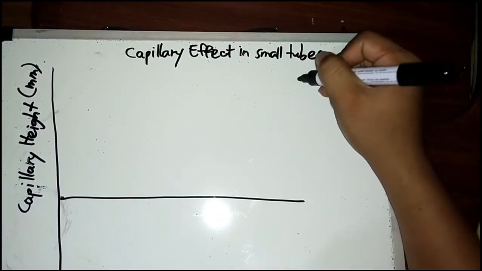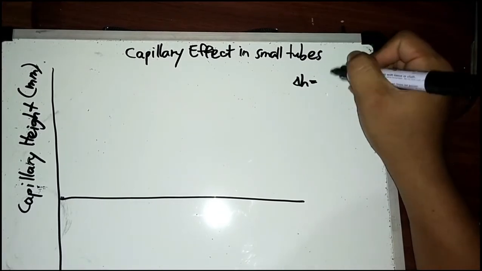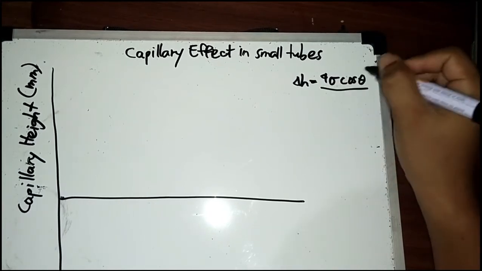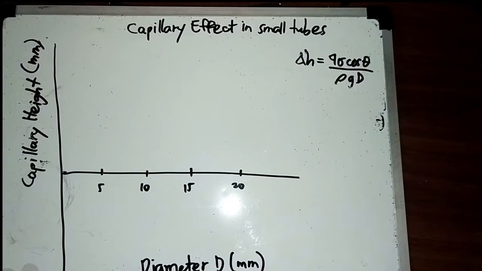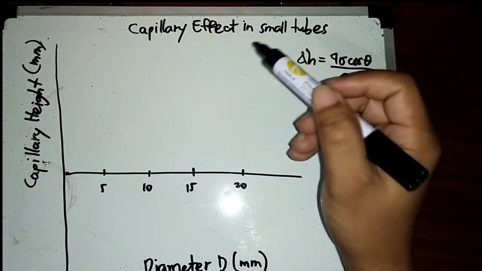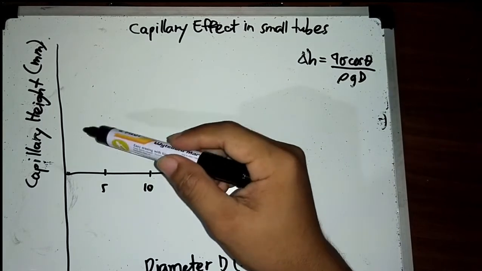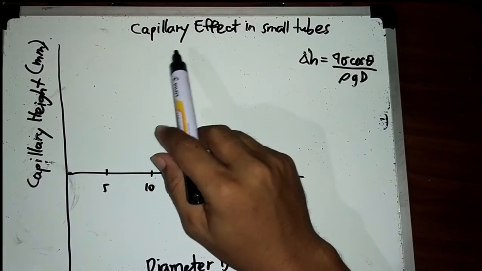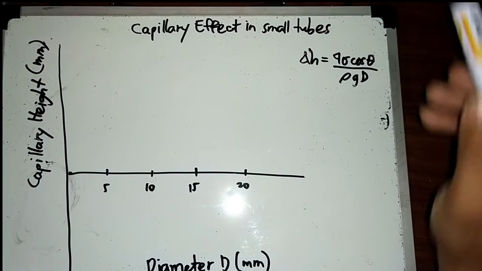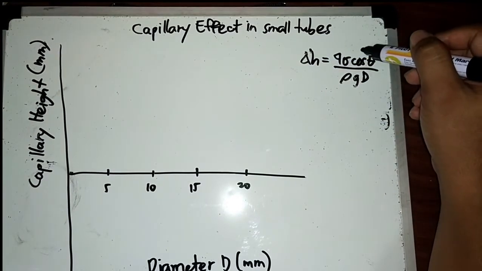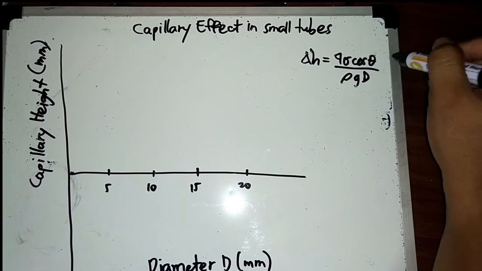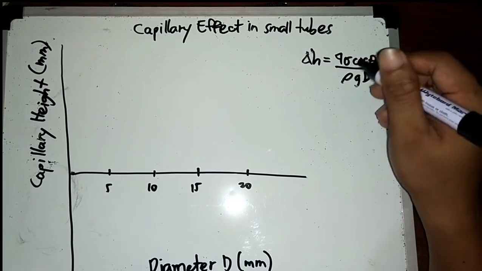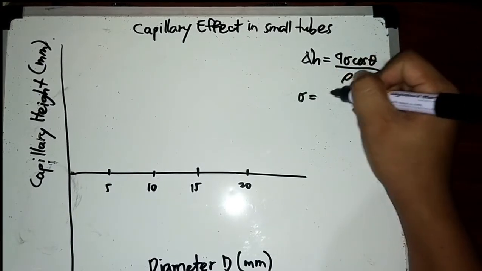Okay, so using the relation delta H is equal to 4 sigma cos theta divided by rho g d, we will now create a graph to see the relation between the capillary height and the diameter d. This is the capillary effect in small tubes. We will graph the water first. The sigma for water is 72.8